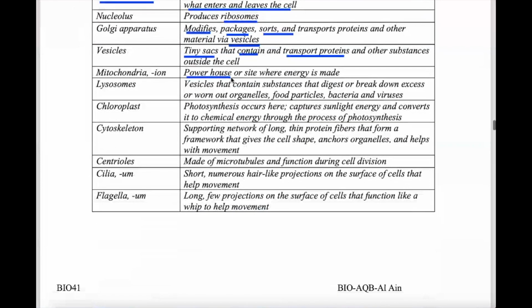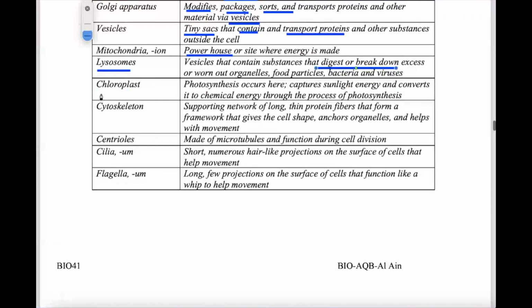Mitochondria is the powerhouse of the cell, because they produce energy, by the way. Lysosomes are vesicles, but these vesicles contain very specific enzymes to digest and break down the waste materials and the dead organelles. Chloroplast, only present in plants, helps in photosynthesis, and this is very important to convert the light